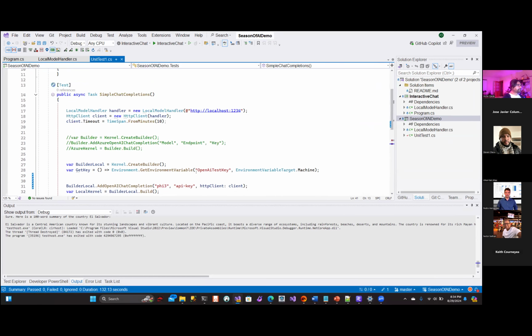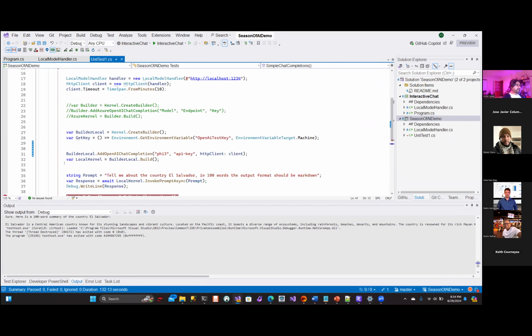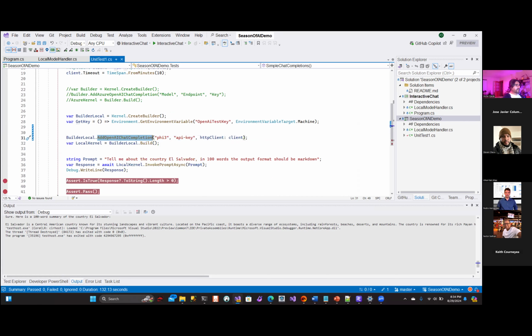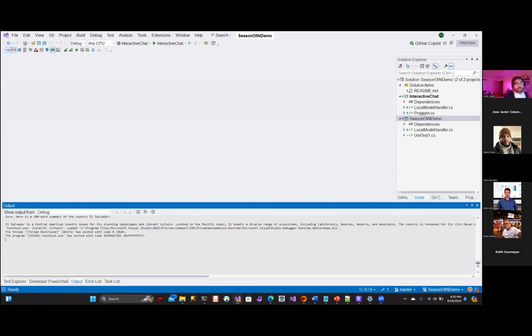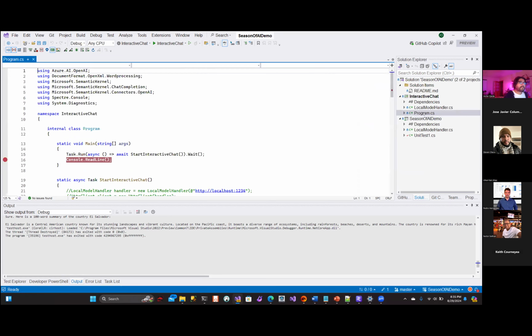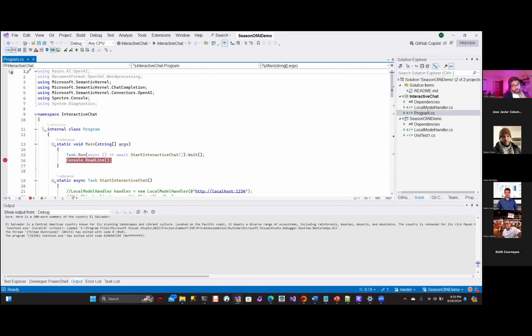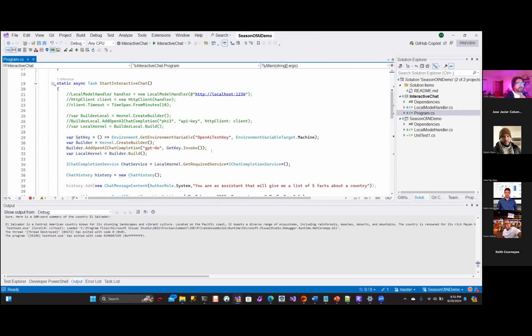As you can see, it was super simple. We just needed to build the kernel and add the OpenAI chat completion. And then it was a single instruction, invoke prompt. So the next example, we're going to do it like in a unit test project because we need to do some interaction there. So the idea here is we have a console project and we're going to use the console